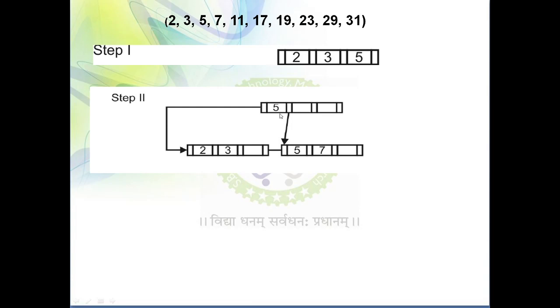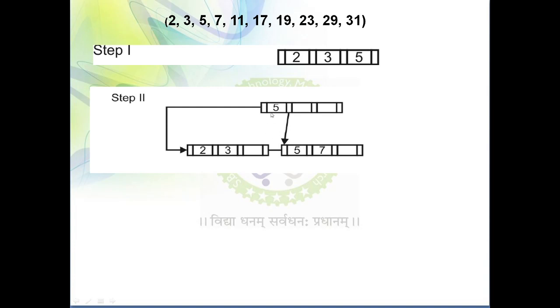Then, while solving a B+ tree, you need to remember the properties. What property do you need to remember? The values in the left child are always less than the root node, and the values present in the right child are greater than or equal to the root node. So here I have shifted 5 over here. In the left child, 2 and 3 will be placed, and this is a left pointer pointing to the left child. In the right child you can have values greater than or equal to the root node. That means 5 is greater than or equal to 5, and 7 is greater than or equal to 5.